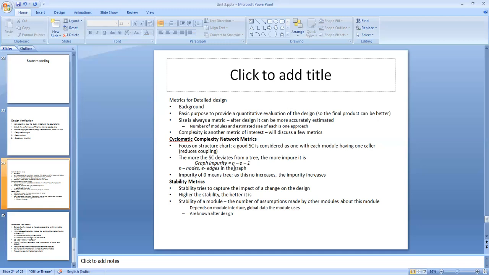The next one is the stability metric, data binding. Data bindings are measures that capture the data interaction across portions of a software system.